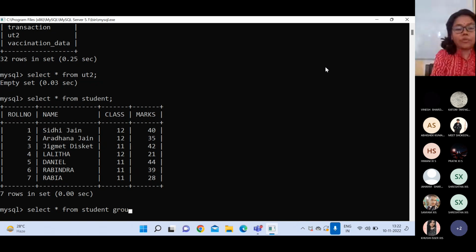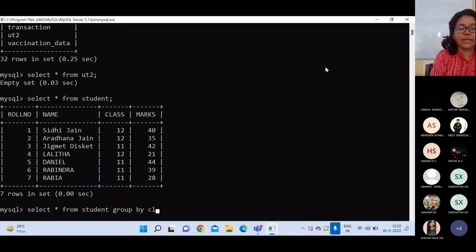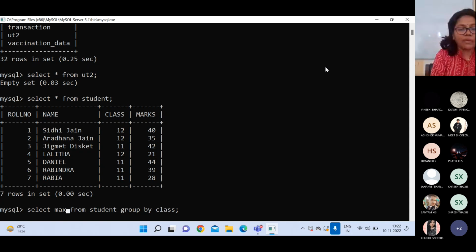After that, I have to create a group, so the clause will be group by. After group by, what are we supposed to do? The column name on which we have to perform the grouping. What is the column name? Class. Very nice. So select asterisk from table name group by class. That is fine, a group will be created, but the only issue is that you can't use asterisk here. Some aggregate function should be there because that is the ultimate objective of creating a group, to perform some computation. So let's say I want to find out